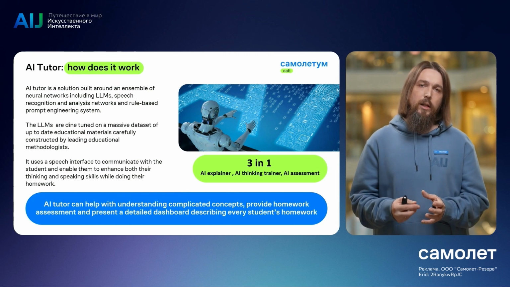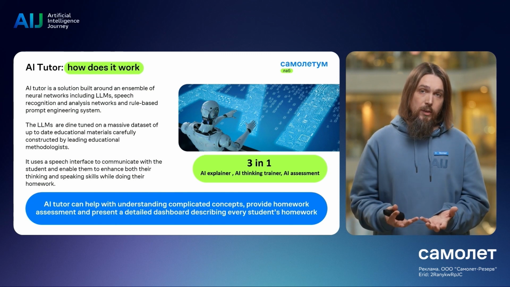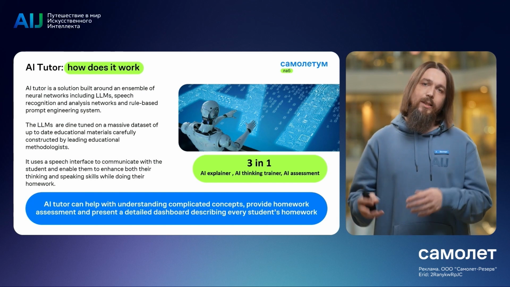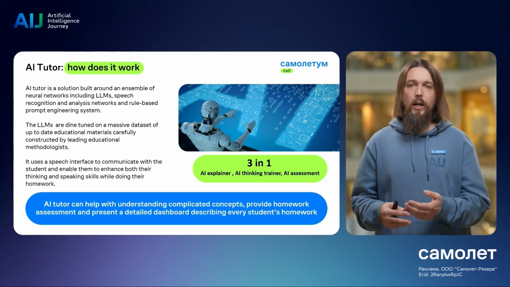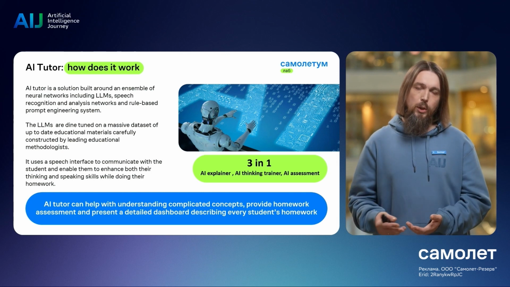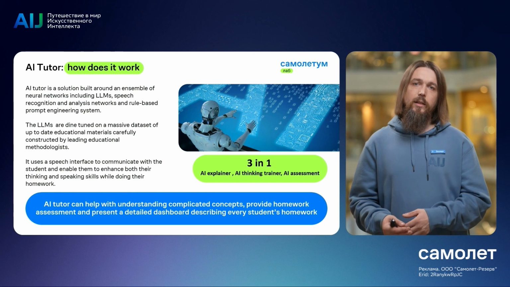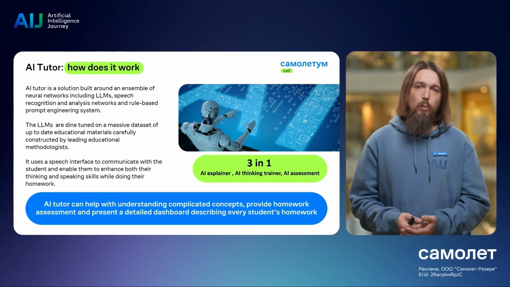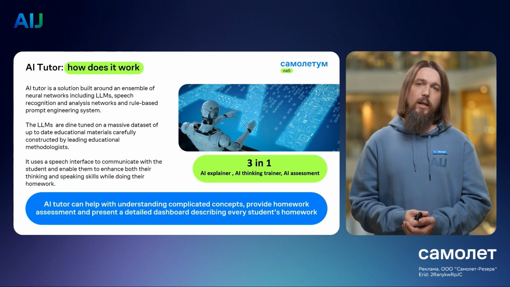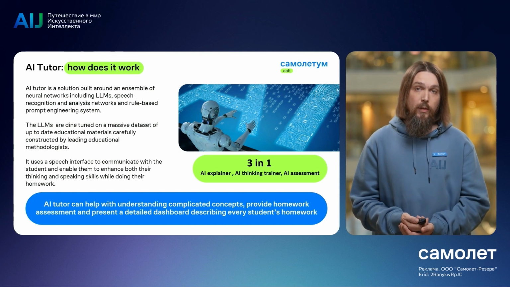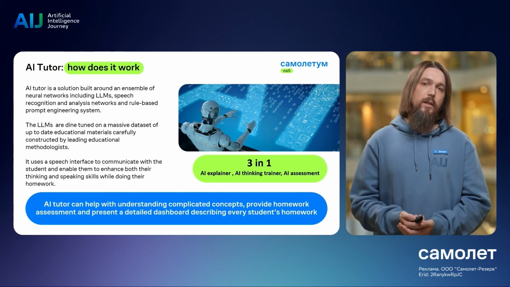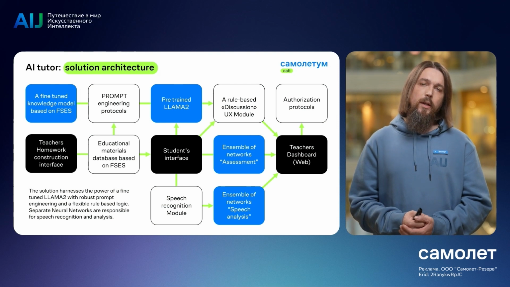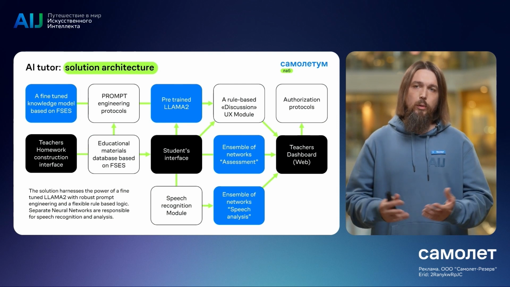And so in this way, the e-tutor comprises three basic elements. First, explanation of everything. Second, developing thinking, where the neural network algorithm asks questions of the child himself, forcing him to think, to hypothesize, to analyze, to compare. And finally, the assessment, where the algorithm stack can allow a child to take an exam or, within a homework part, just try to check how well it is being done based on what a teacher had given.